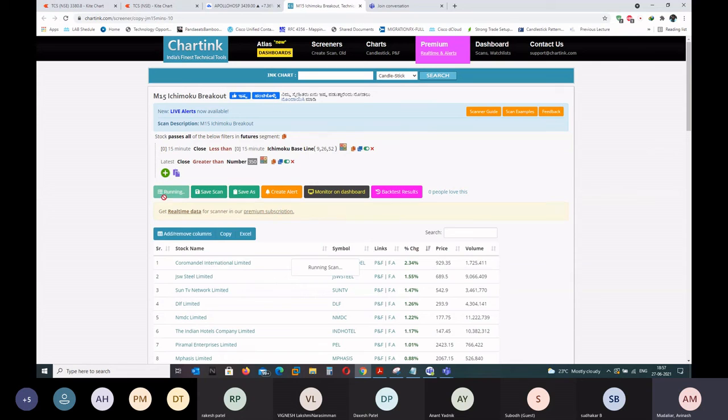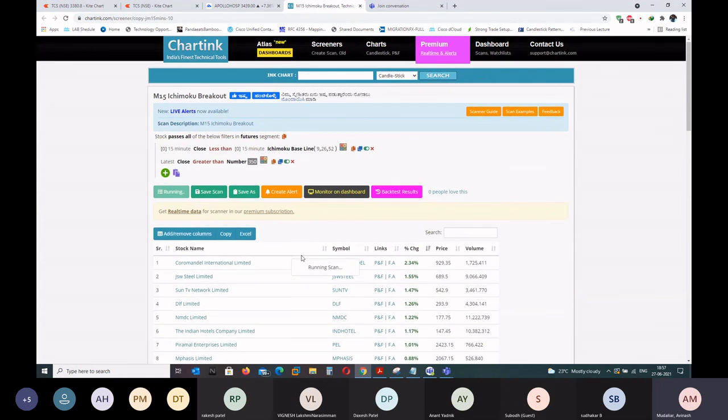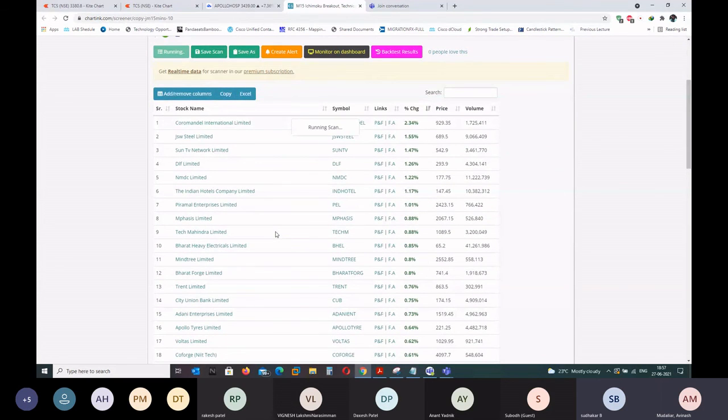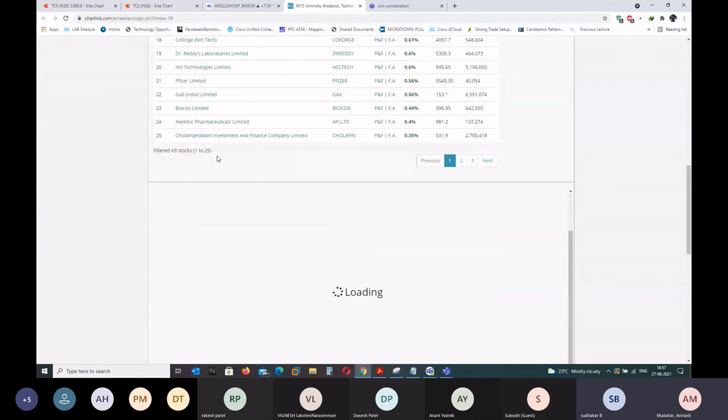But the idea is that you can add this, or maybe 500, like that. Or if there is any option to add a beta stock filter, you can do that as well, up to you. I think there is a sector option also, and I think Nifty 50 stocks can also be selected. It's up to the individual how they want to screen. So here we have 69 stocks.